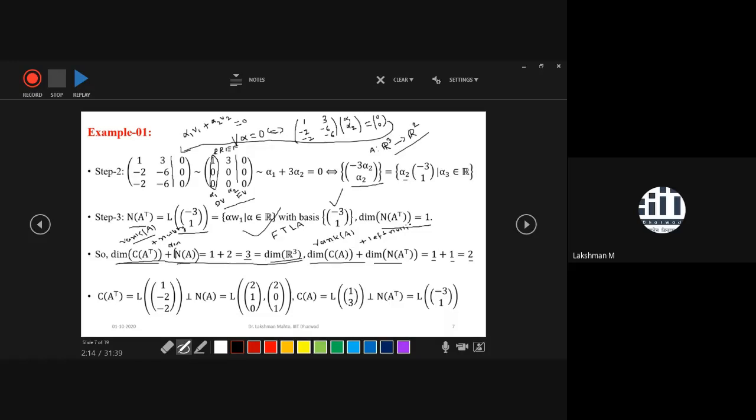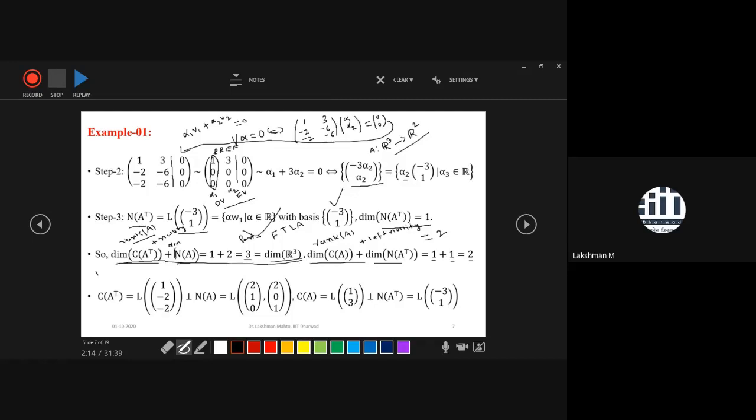These two are part of Sylvester's law. That means part one of the fundamental theorem, equal to the dimension of the target space. You got the idea, so that means two. Similarly, that was part one of the fundamental theorem of linear algebra. Now we are coming to part two.